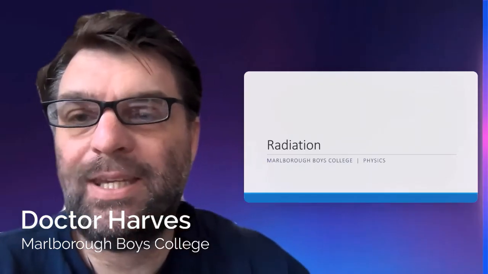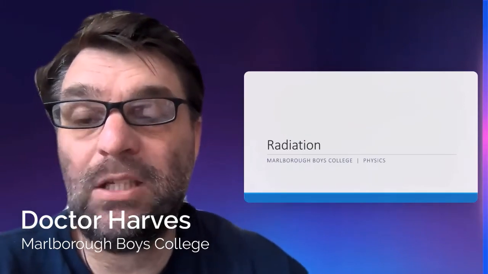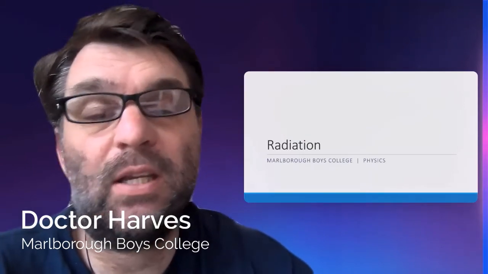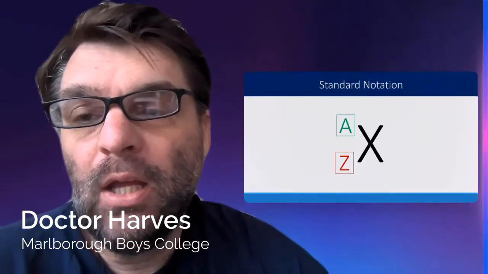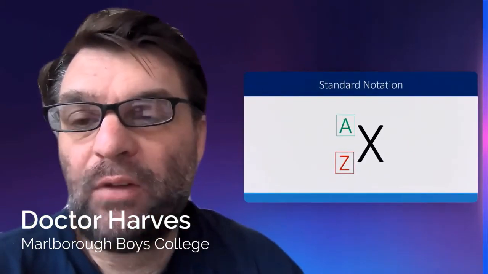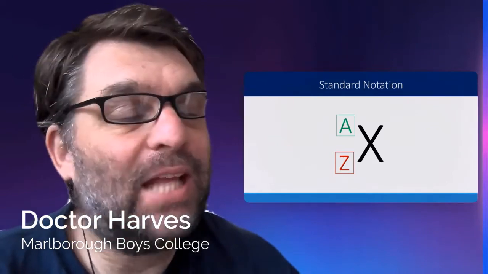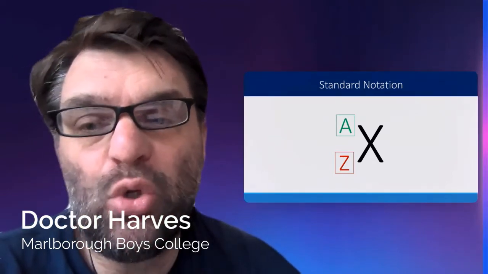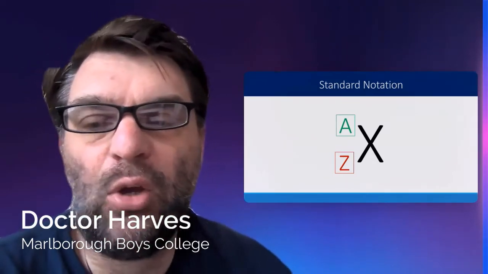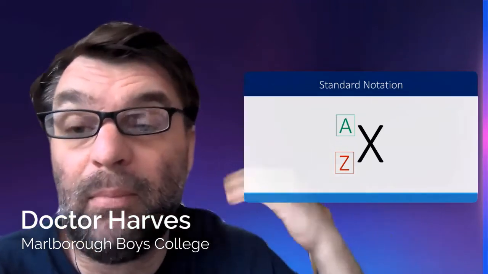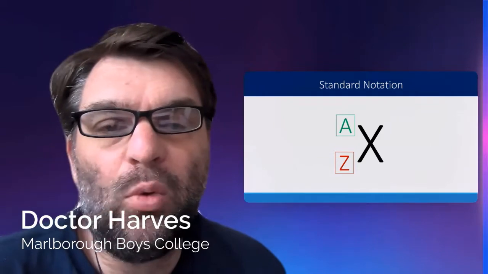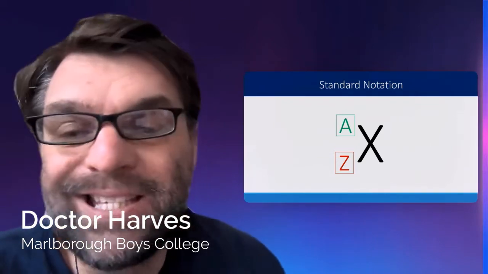So welcome back, NCEA Level 2 physicists, continuing on with nuclear physics, today looking at radiation. In order to understand radiation, you have to understand a little bit about the atom and notations used in atomic physics. In terms of writing atoms, we have both the mass number, which is the top number,